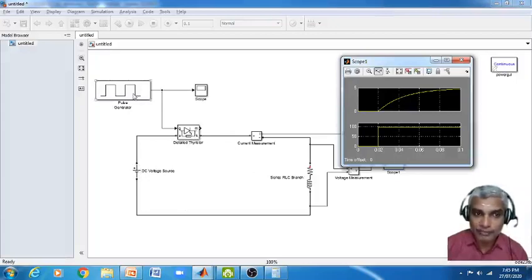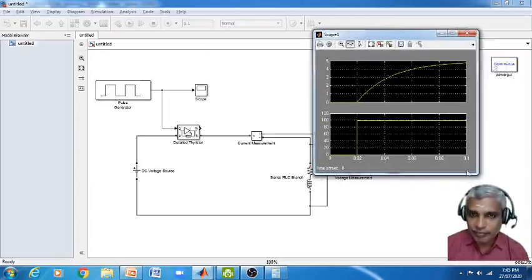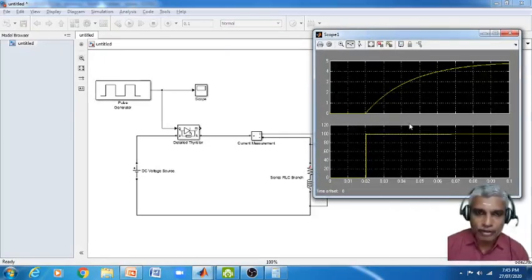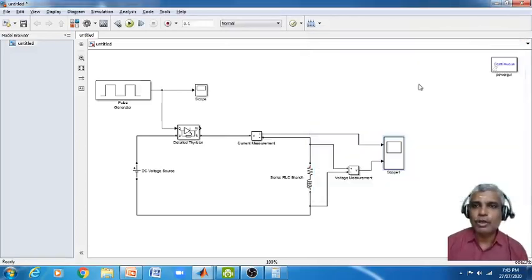So if the width of the pulse is increased to 60 microseconds, the thyristor has been completely turned on. You can see that very clearly. Whereas if the width of the pulse is 50 microseconds, the thyristor is trying to turn on and it has come down to 0 again. That is because the current passing through the thyristor is less than the latching current in the first condition, that is when it is 50 microseconds. If it is 60 microseconds, the anode to cathode current of the thyristor is more than the latching current, so the thyristor has been turned on. So this is what this lecture is all about.